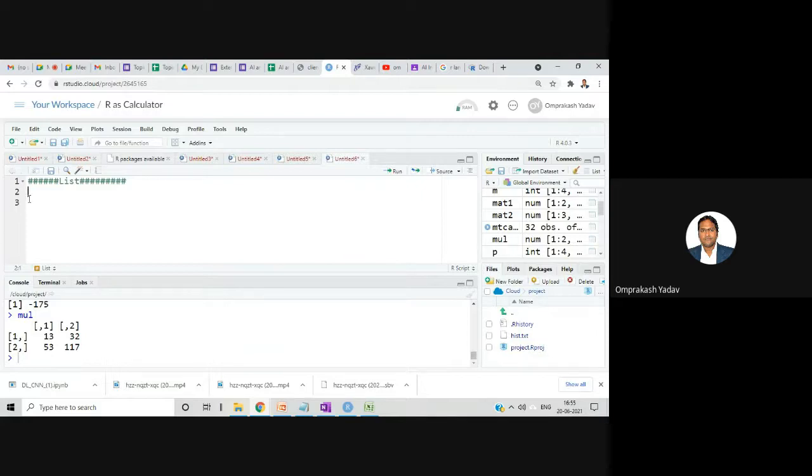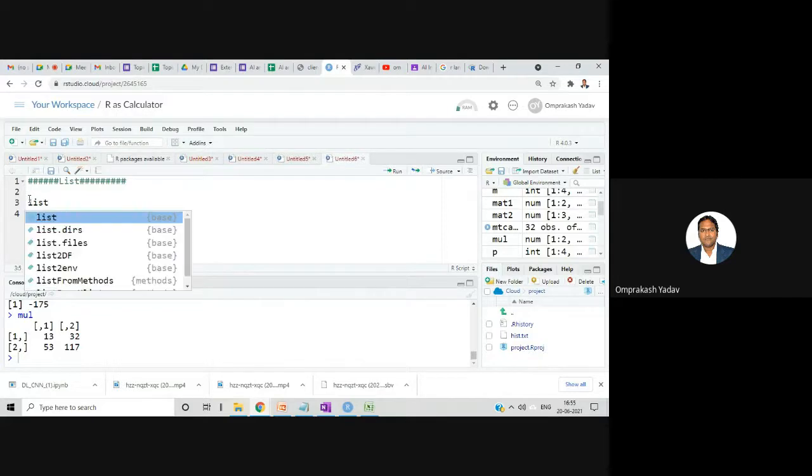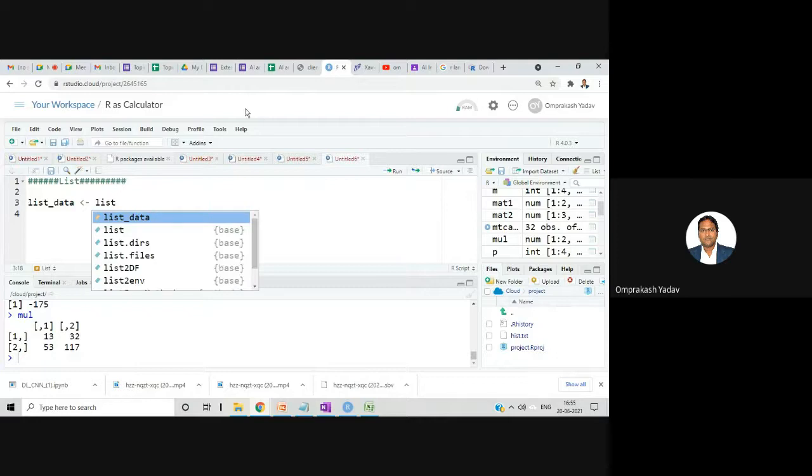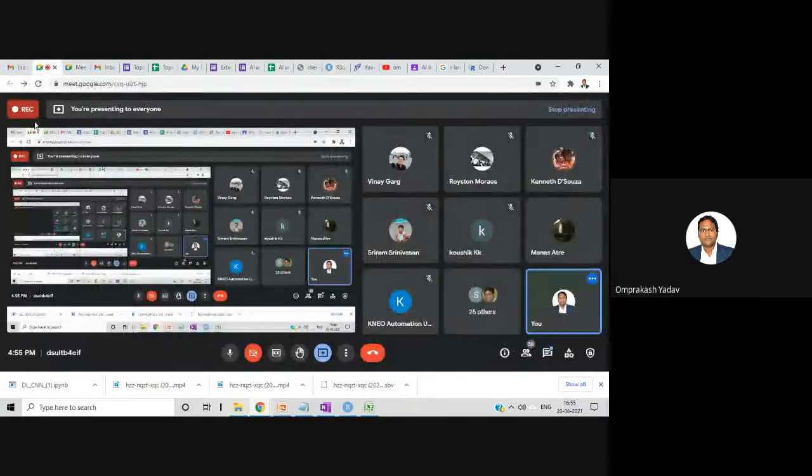So for example, we'll see how to first create a list with different elements. So I'm saying list of data, list.